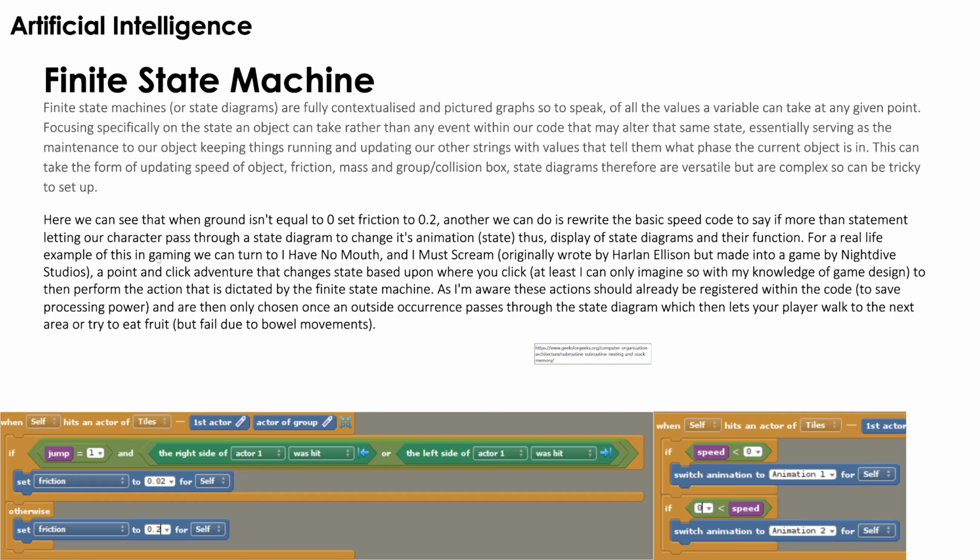For a real life example of this in gaming, we can turn to I Have No Mouth and I Must Scream, originally written by Harlan Ellison but made into a game by Night Dive Studios, a point and click adventure that changes state based upon where you click. At least I can only imagine so with my knowledge of game design, to then perform the action that is dictated by the finite state machine. As I'm aware, these actions should already be pre-registered within the code to save processing power, and are then only chosen once an outside occurrence passes through the state diagram, which then lets you walk to the next area or